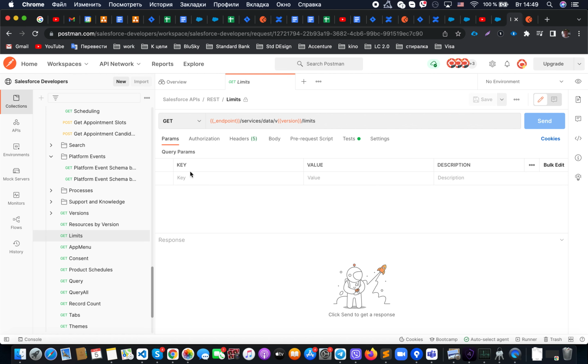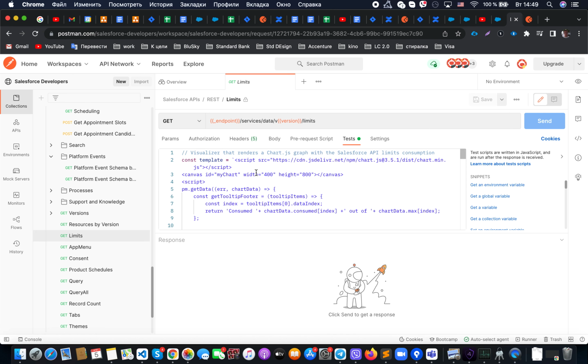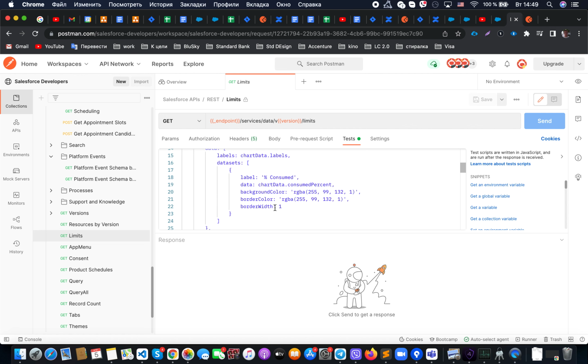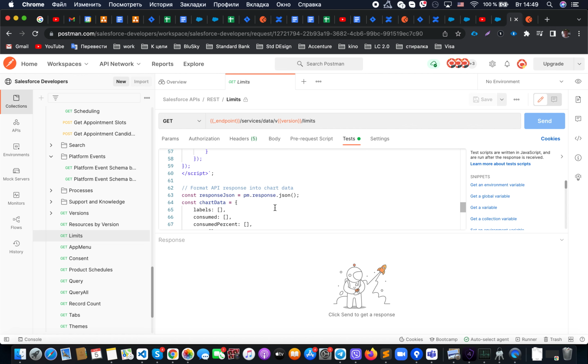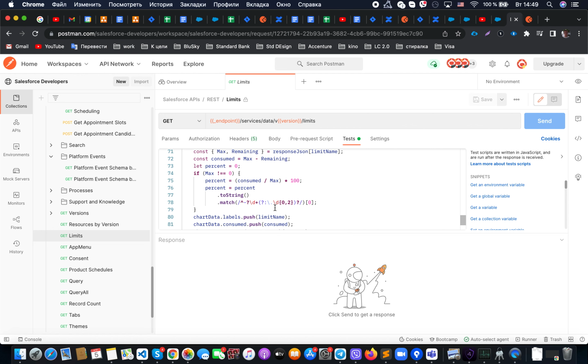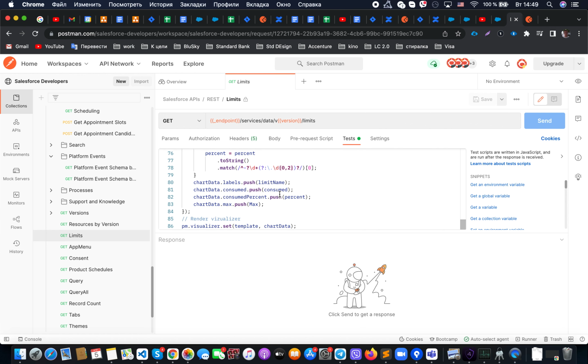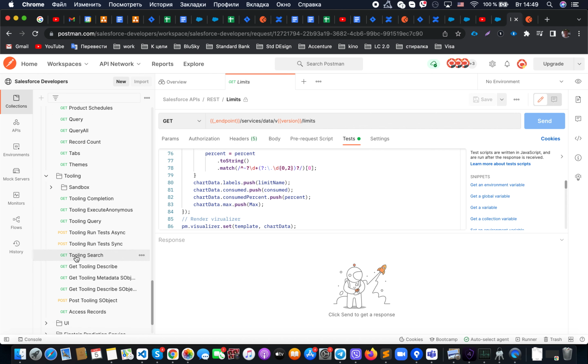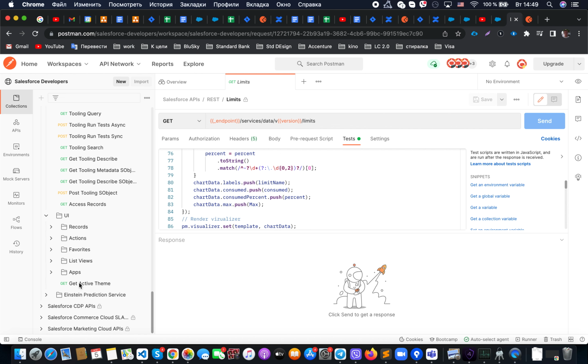For example, let's see what we have here. If it's necessary for us to check limits, it's a GET request. What we have in terms of tests, label consumed. Okay, so I'm not sure about this code provided here for the test. It's for percentage coverage. This looks like limit name to string percent. Yeah, but meanwhile, you can also see that here we have tooling,